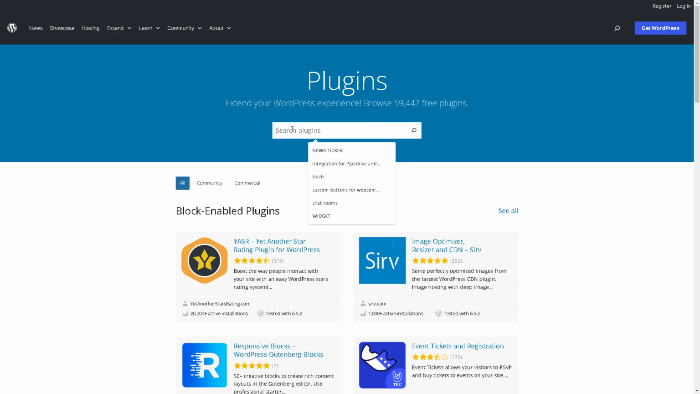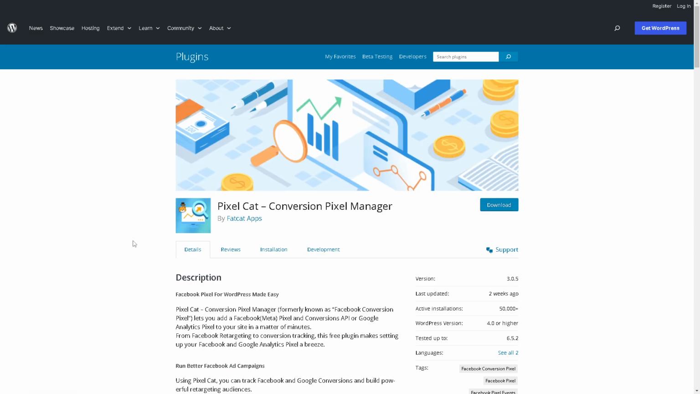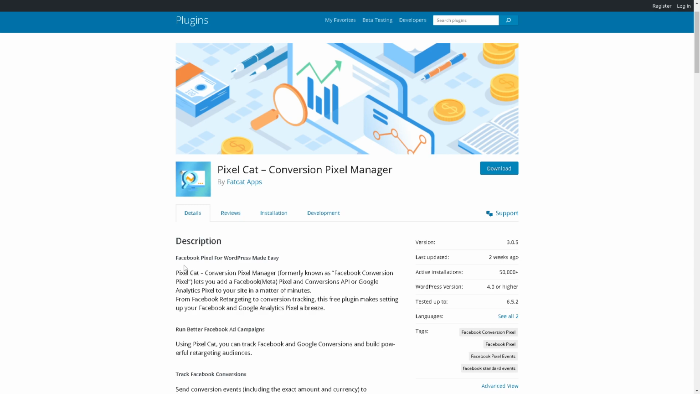And again, all you're going to do is type Pixel Cat. It's the same process. Just press enter. And from here, as you can see, there's a lot that you can use, but basically we're searching for the Facebook Pixel Management made easy. Again, click on that. And from here, these are the details, because Facebook Pixel for WordPress made easy,